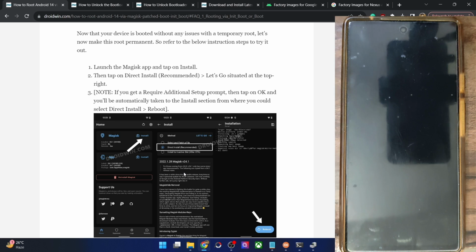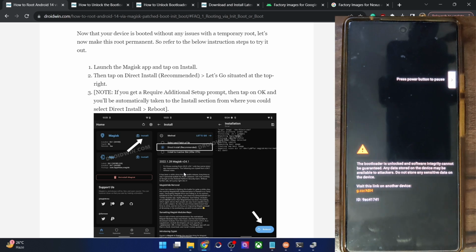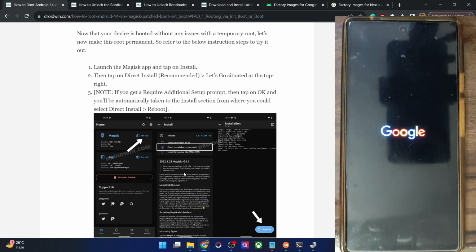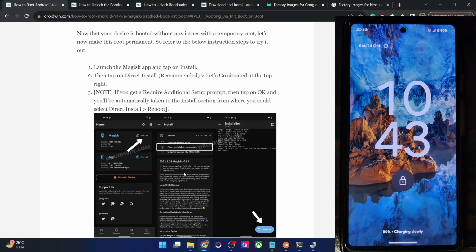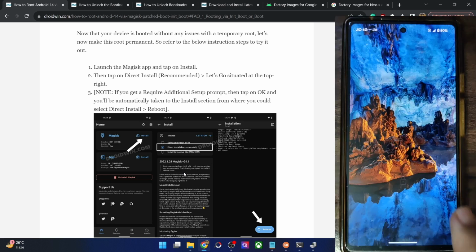Do keep in mind that while we are performing the rooting steps, the boot up might sometimes take some additional time. This is completely normal and nothing to worry about, because we are in the process of patching and flashing the boot IMG file. So it might take some additional time. Anyways, our phone is now booting to the OS, and with this we should have obtained root. In most cases, Magisk asks us to do one more task. I'll show you that if it asks now.